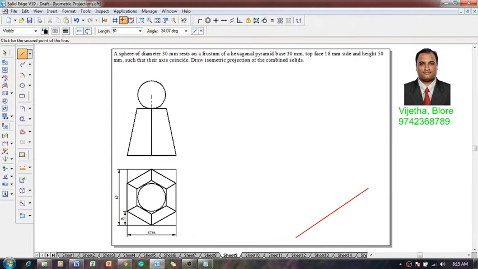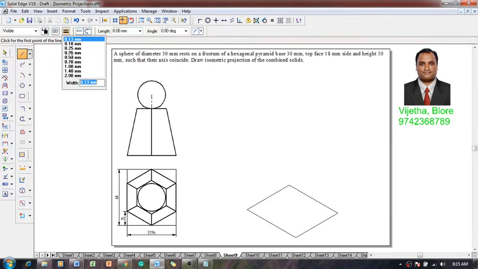Now we know that the length is taken as 51.96 at an angle of 30 degrees. Then 60 is 150. Then again 51.96 at an angle of minus 150. And 60 and minus 30. Otherwise we can connect it back to the first point. After which we have a hexagon with edges like this, and here it is supposed to be the midpoint, and again an edge here, again an edge and a midpoint, and connect it back. Now this is the approximate hexagon of 30 millimeter, but it is not the exact hexagon.